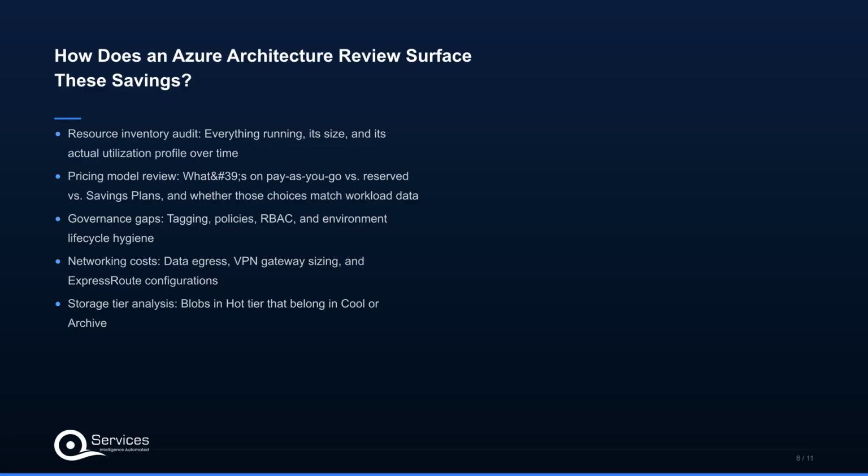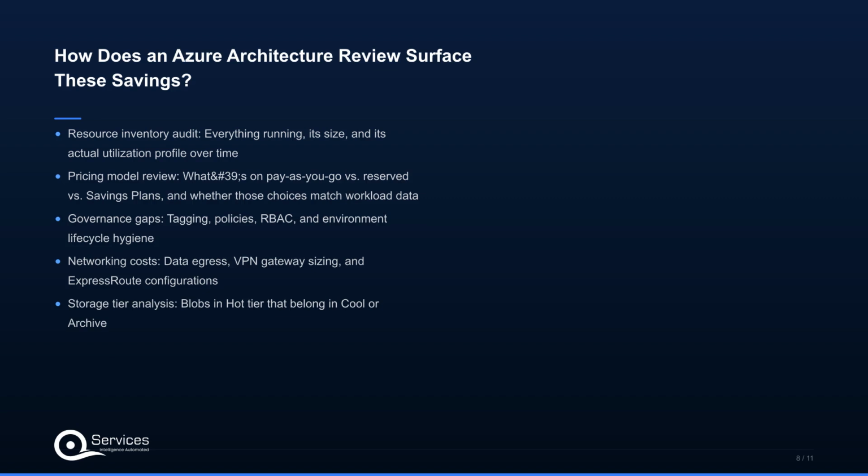Let's talk about how an Azure architecture review surfaces these savings. An Azure architecture review is a structured assessment, typically completed in 1 to 2 weeks, that maps your current Azure environment against Microsoft's well-architected framework and your actual workload patterns. For cost specifically, a proper Azure infrastructure assessment covers: